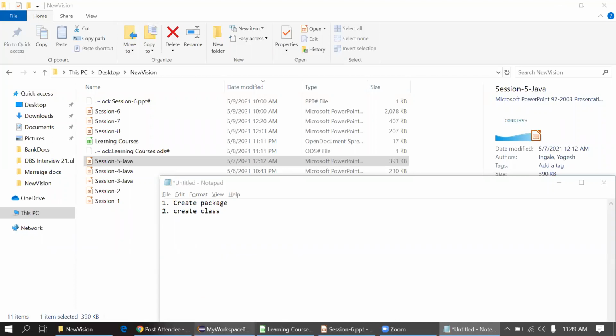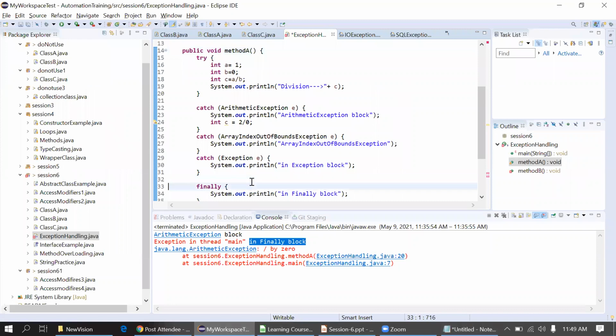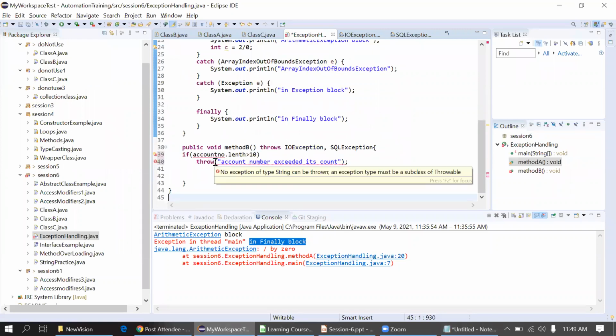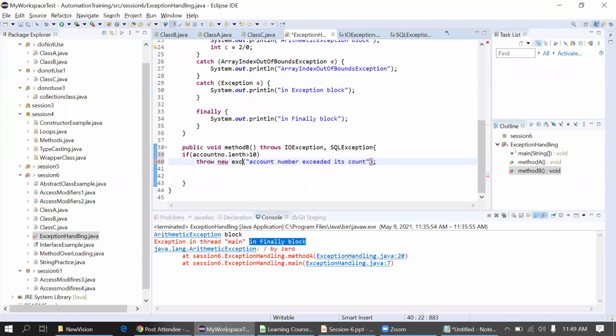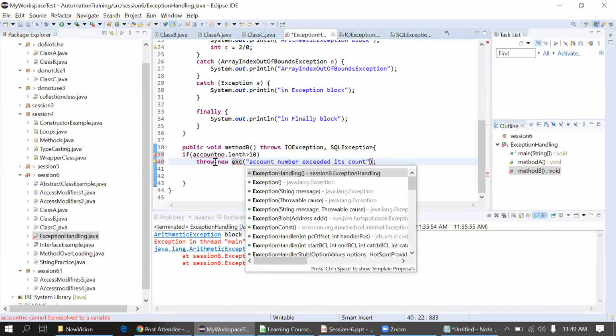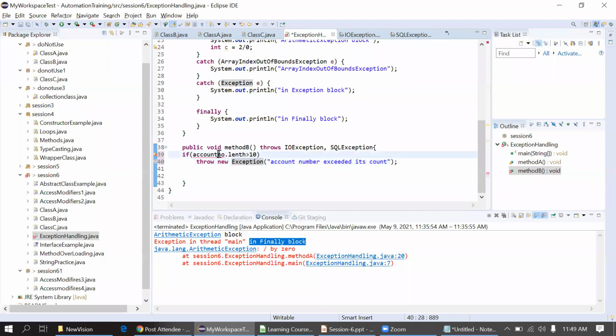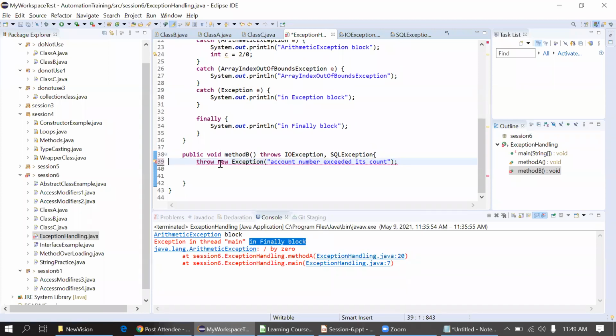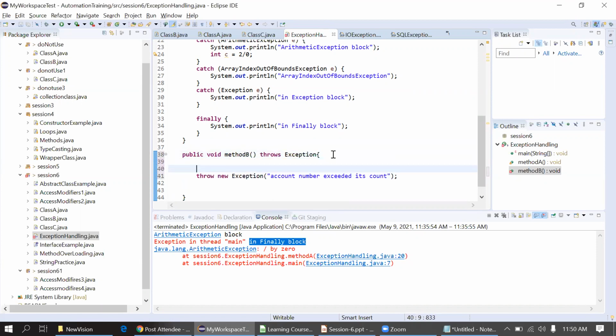Okay, so I will write that syntax first. Guys, this is the syntax to use the throw keyword: throw new exception, and then we can use our customized exception here as per our requirement. That was given by Shubham. Thanks, Shubham.